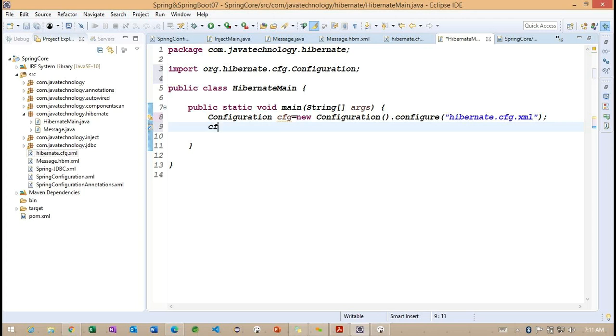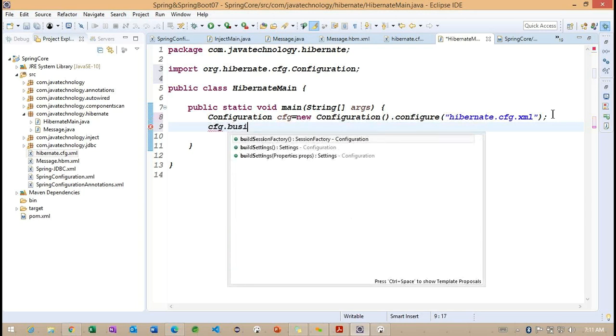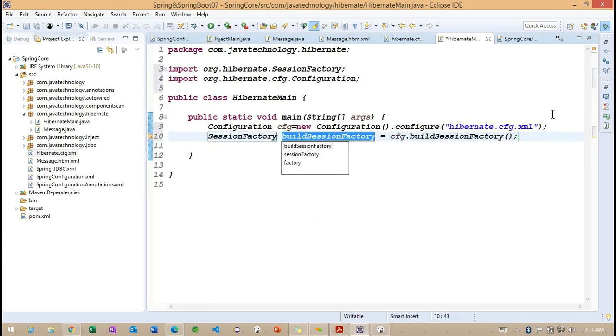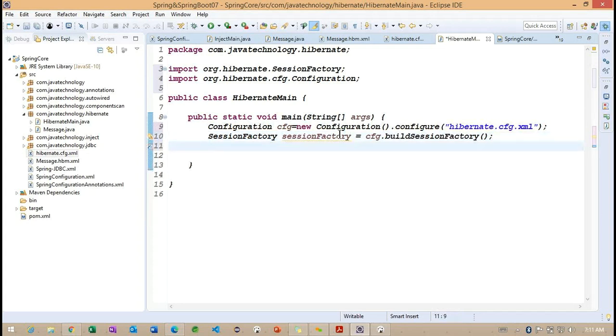Right. Now, cfg.buildSessionFactory. This particular SessionFactory is going to be returned here. Let me add SessionFactory. Normally, using this cfg, we are going to call this method here.